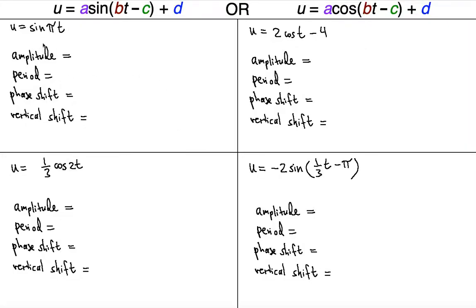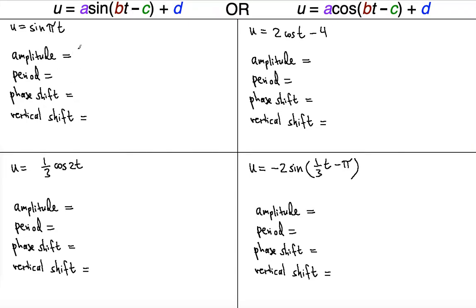In the following 4 problems that were given for trigonometric functions that give us sine, cosine, we're going to find the amplitude, period, phase shift, and vertical shifts, respectively. So as you know, these are the equation types in which the amplitude, the period, the phase shift, and the vertical shift can be found. Okay? So basically, in the first equation, function u is equal to sine pi t, the amplitude is going to